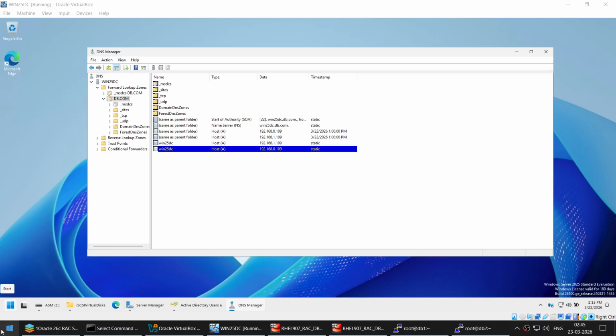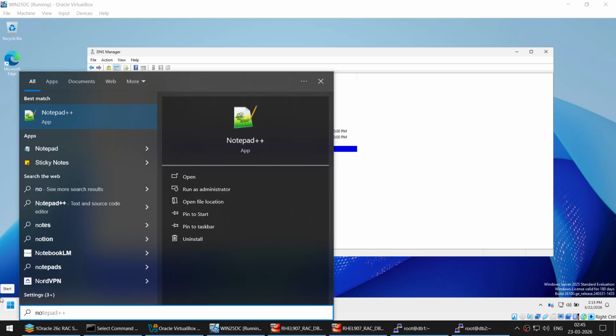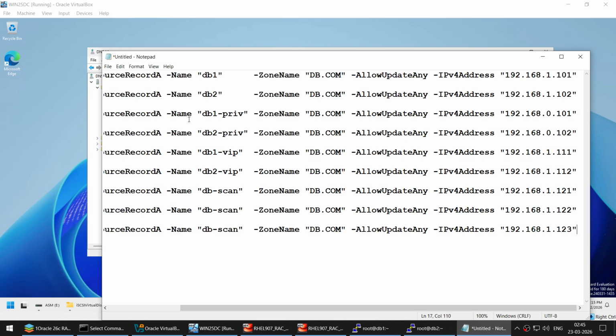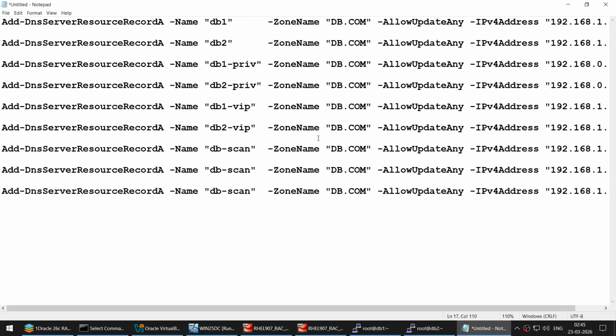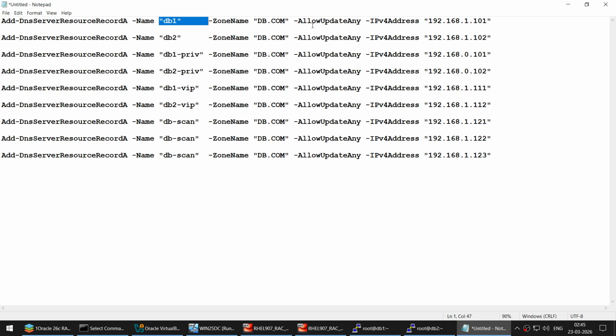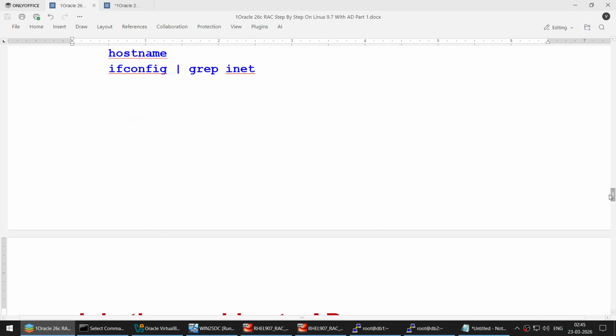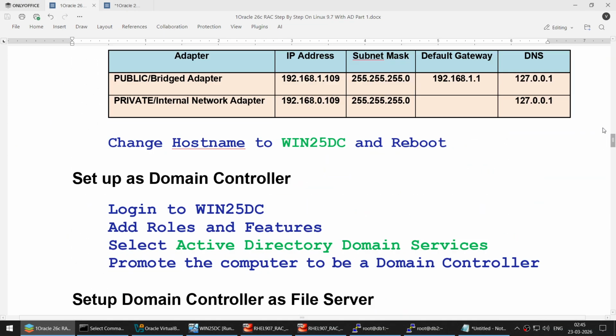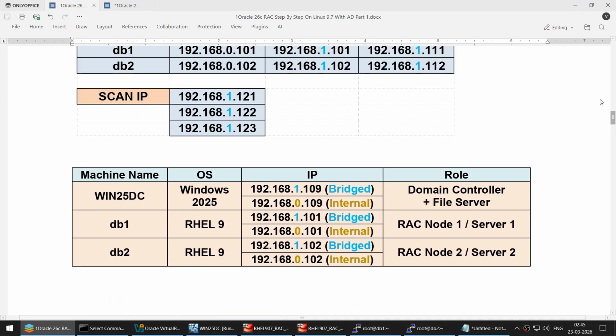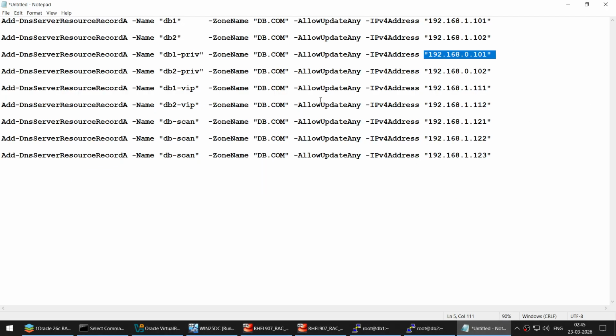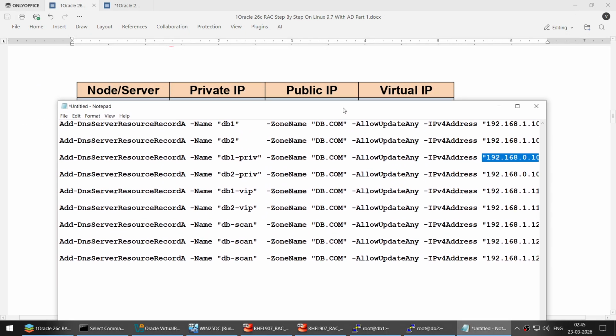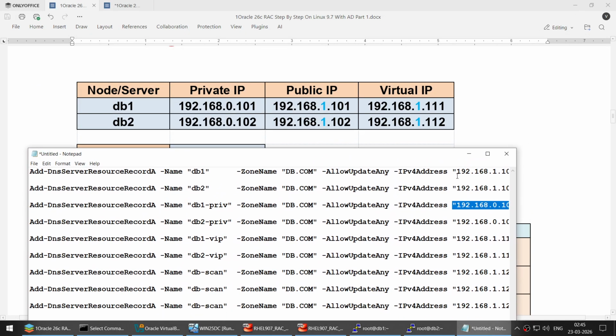Let me put it in a notepad so that you can see this clearly. Maybe I'll launch a notepad, and this is what I'm doing. I'm creating a host A entry called DB1 with IP 1.101, DB2 with 102. And if you notice, on what basis did I choose these IPs? This is exactly what I showed you in the beginning. This is my IP configuration. If you match this, the DB1 public IP is